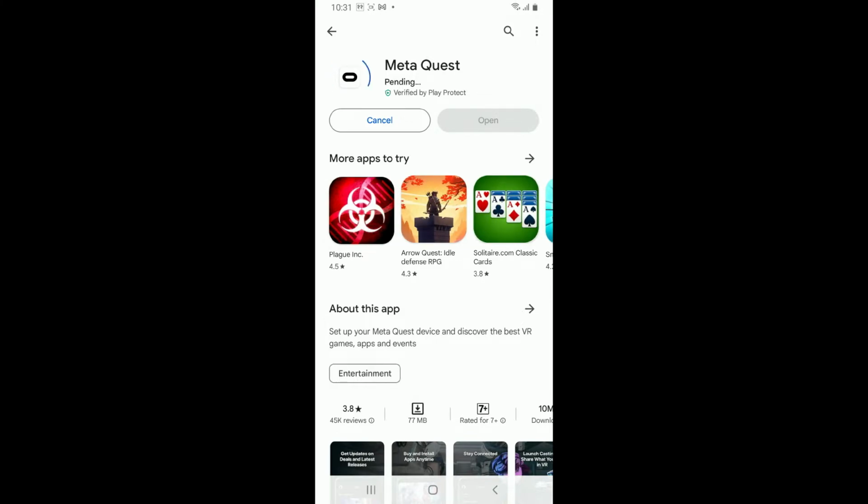But make sure that you are connected to a stable internet so that you can get the application installation process to go faster. Once it is done, you can open the application on your device anytime you want. So that is how you should be able to download the MetaQuest or the Oculus application on your Android phone